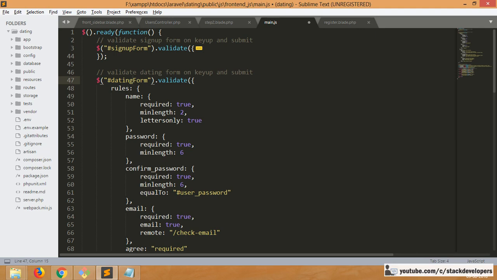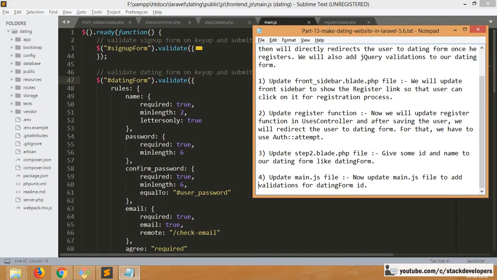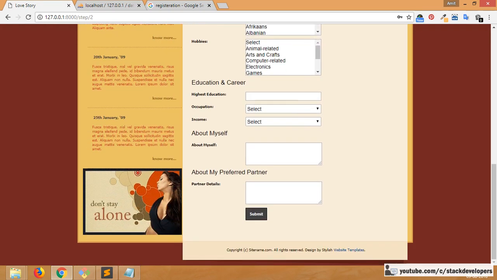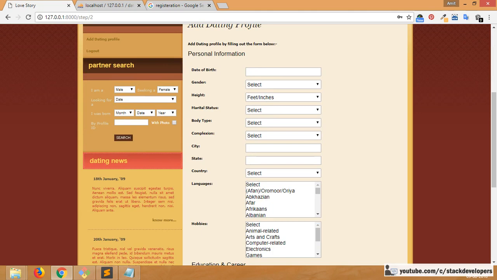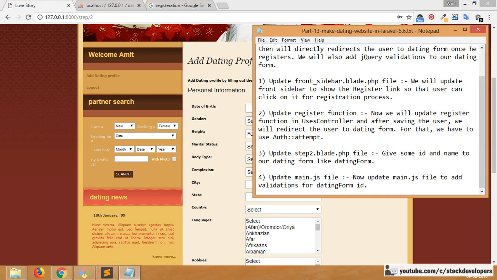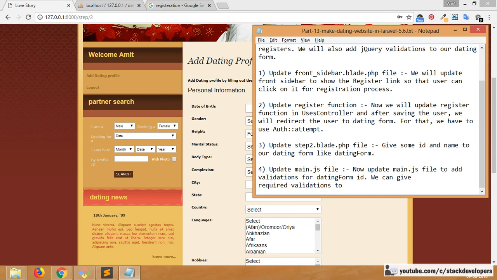Okay, so after giving this one, now we will check the validation that we want to give. We can give validation to date of birth, gender, height, marital status, and to about myself or important details as well. Okay, so these are the fields that are required, and other fields we can leave. So now we can give required validation to fields like DOB,